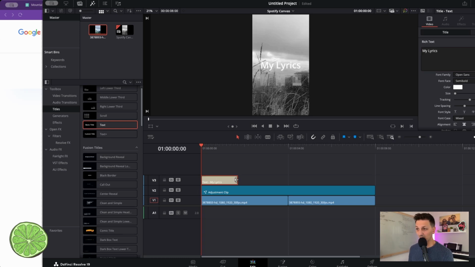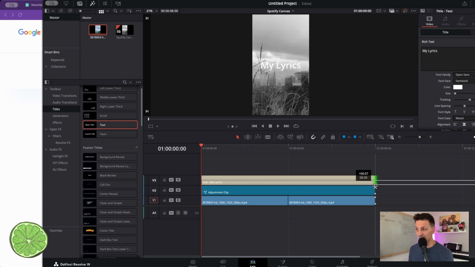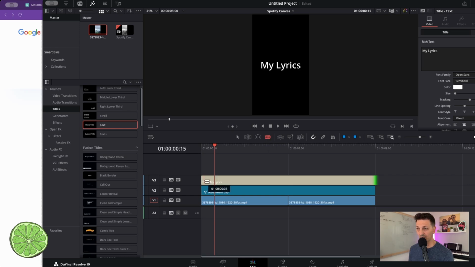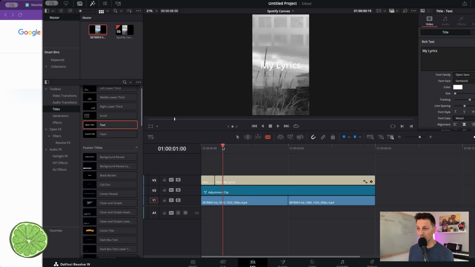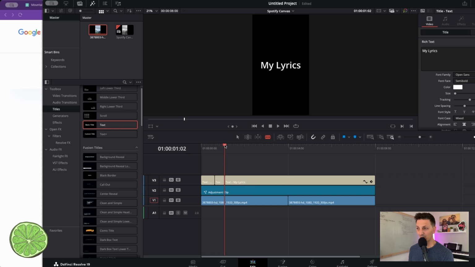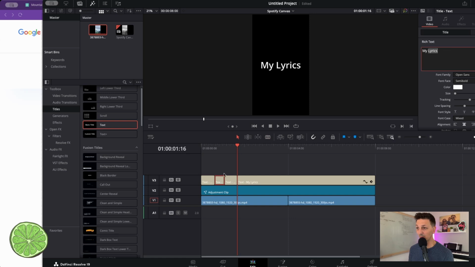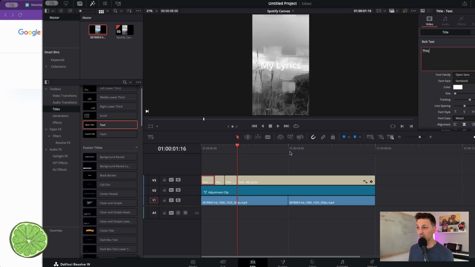And then what you can do is drag this out and back to using our blade tool, which keyboard shortcut is B. Then you can slice this up wherever your lyrics come in and just simply change it up here. This is my